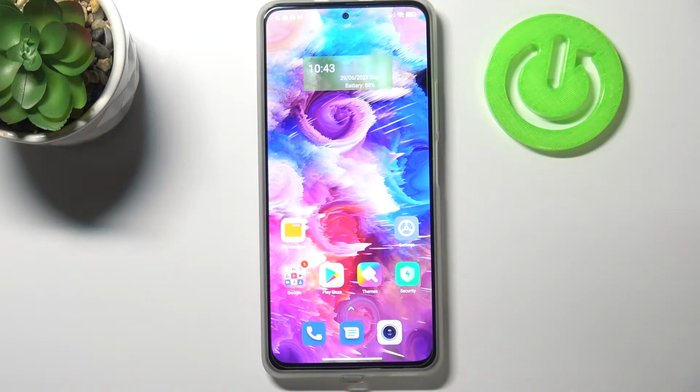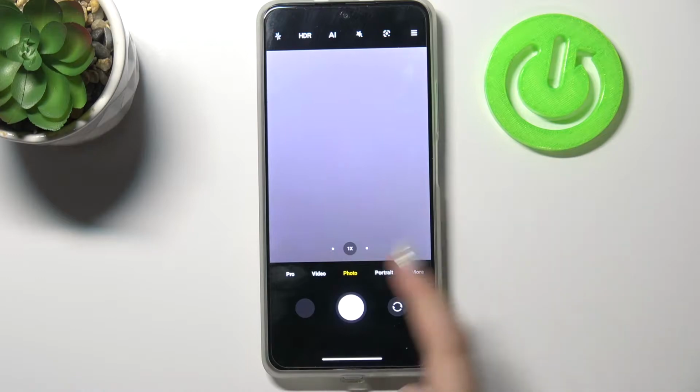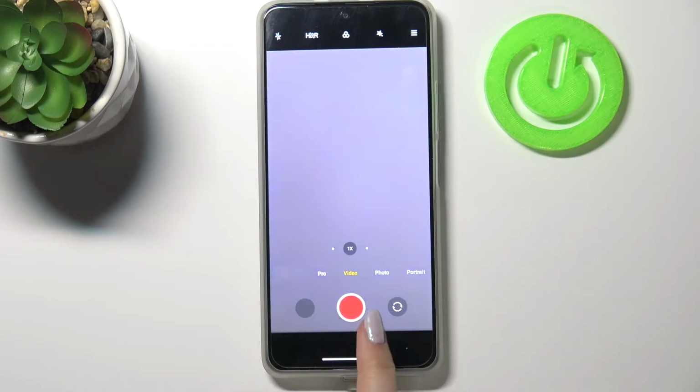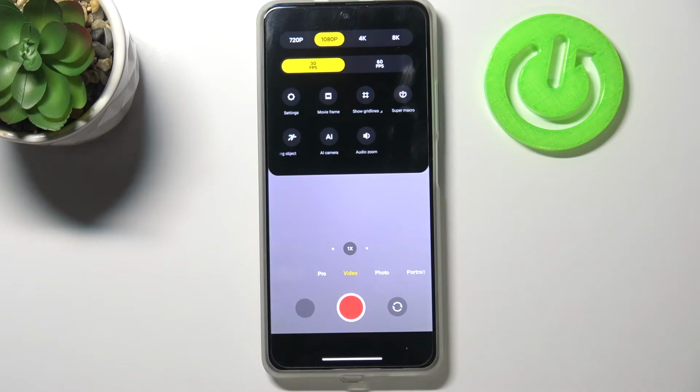Hi everyone, here we've got Xiaomi Mi 11i and let me share with you how to change video resolution on this device. So firstly, let's enter the camera app and we have to switch to the video mode. So simply tap on the video, and if you can see this red circle inside the shutter button, for sure you've changed the mode. So now we can tap on this three bars icon in the right upper corner,